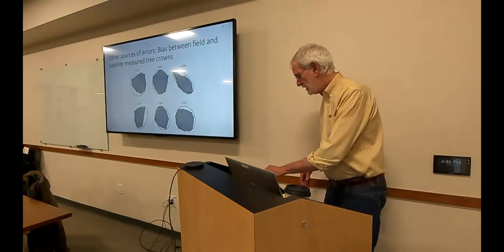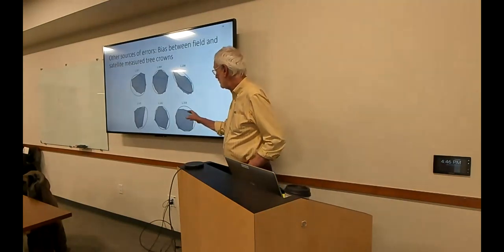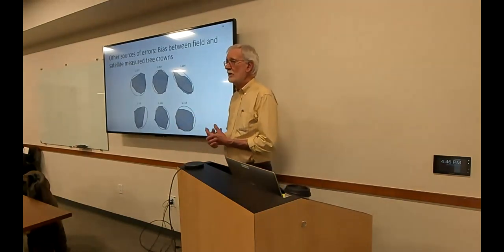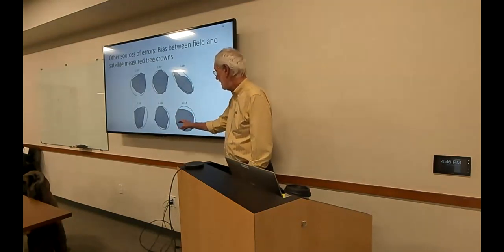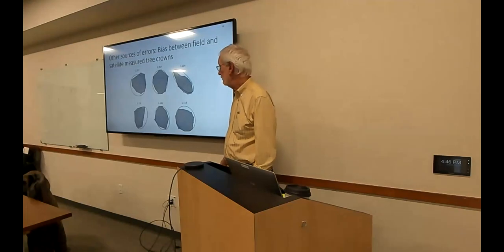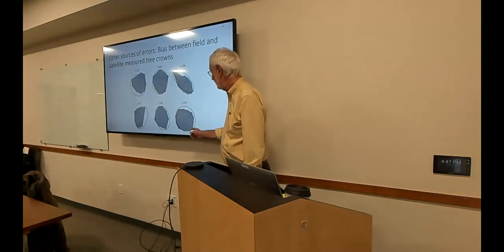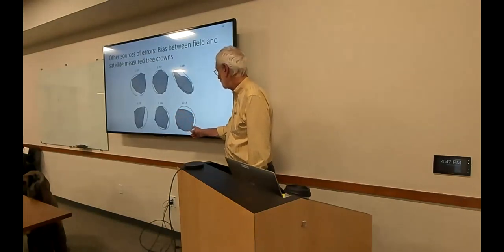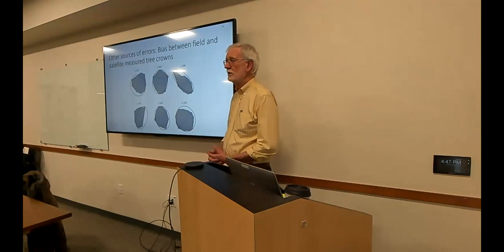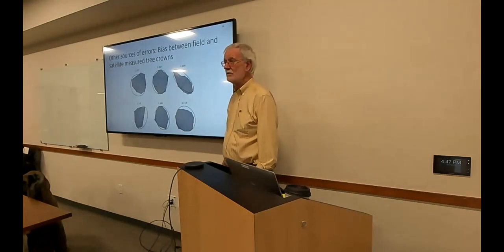So here we're coming to our data. What we've done is take tree crowns from ground-measured trees. We take the long axis and then the axis perpendicular to that, more or less in the middle, and then we compare that to a circular area with the long axis length. And you'll notice that you can make pretty big errors.